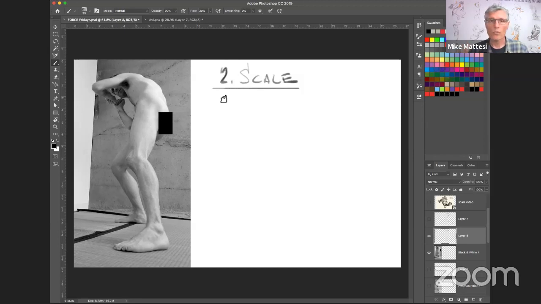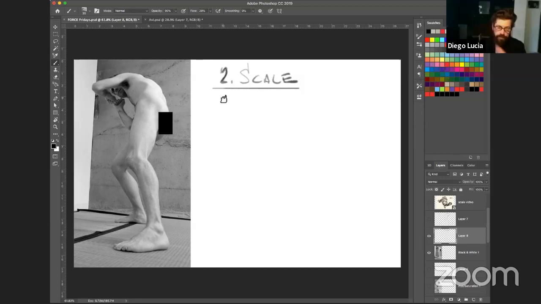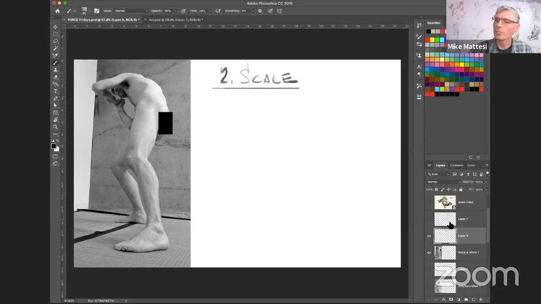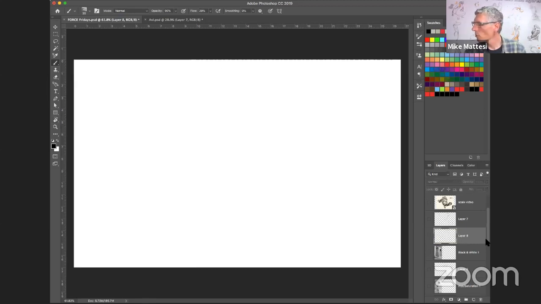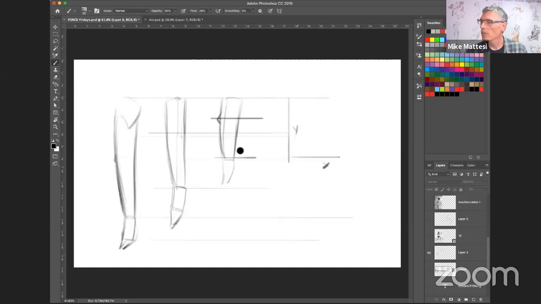So number one was foreshortening. Number two is scale. We can take a look at this same photograph, and scale makes a huge difference. So let's go back to my drawing over here, the arm. Remember I said we get distance out of this, but there are other tricks. Now that I have scale at my disposal, I can think about the joint of the shoulder, right there,